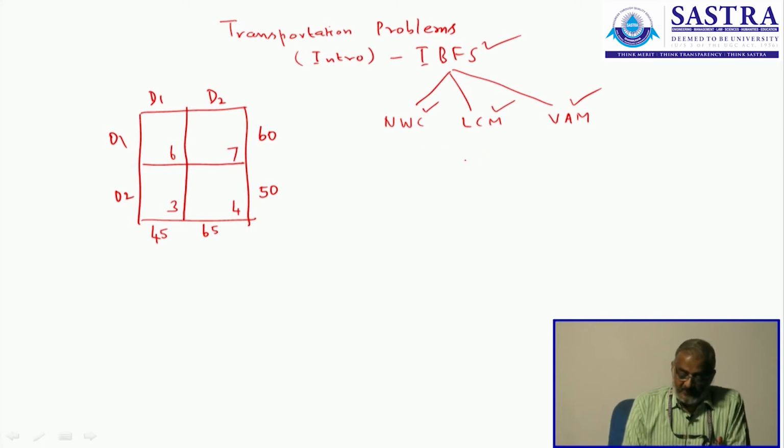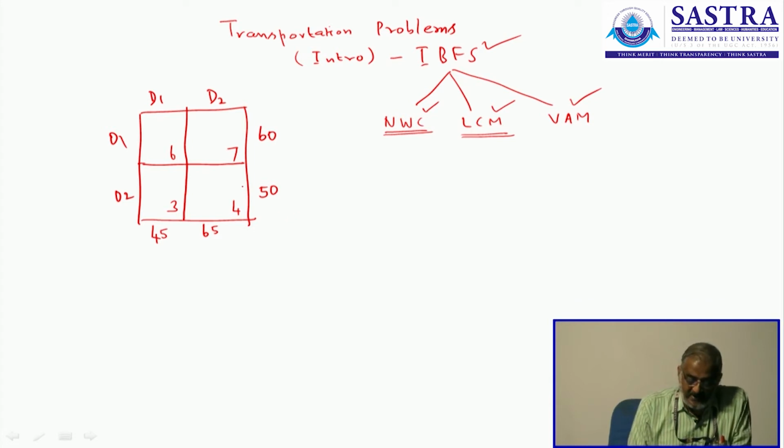Now in this present session, we will find the initial basic feasible solution using the northwest corner rule first. Then I will tell you how to apply the least cost method to find the initial basic feasible solution, which needs to be followed up by the MODI method for moving towards optimality, for which we will take some bigger sized problem. Okay.